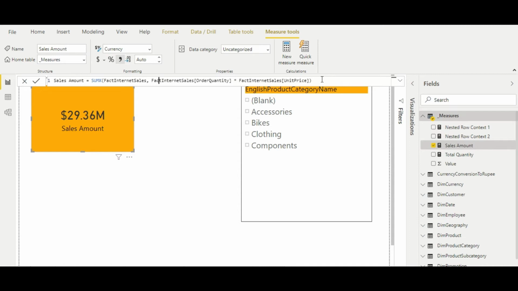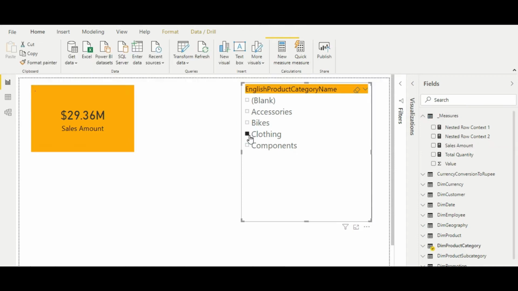So that's the whole thing I wanted to discuss with you. Do remember this: iterators add a new row context. They do not modify the existing filter context. This rule always works, and it is a very important thing to remember. As you can see, if I select Clothing on the slicer, the amount has changed.